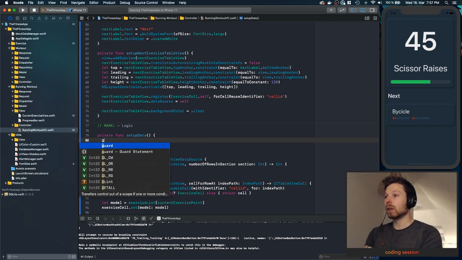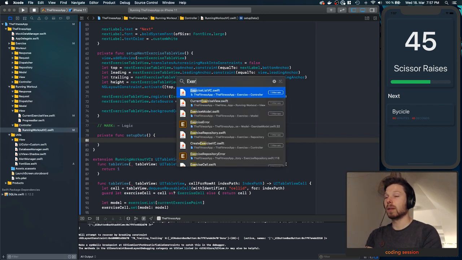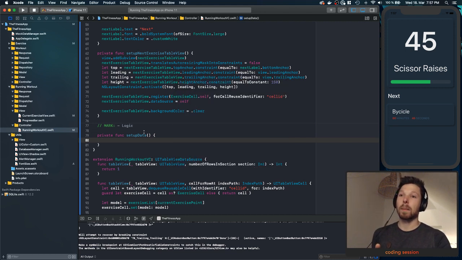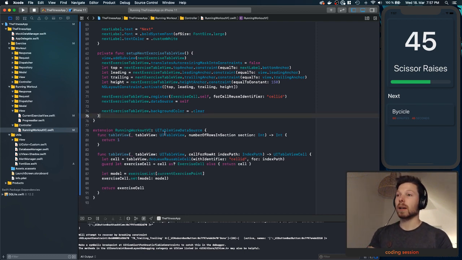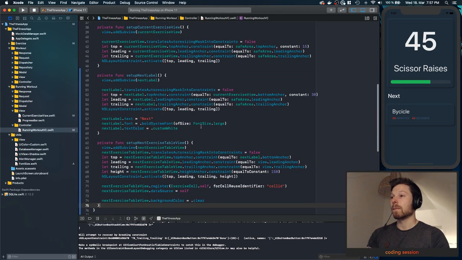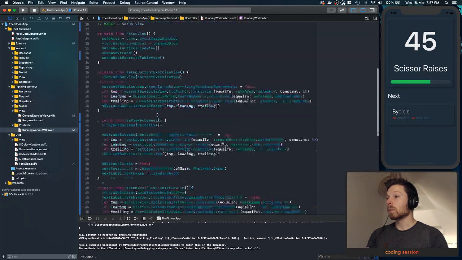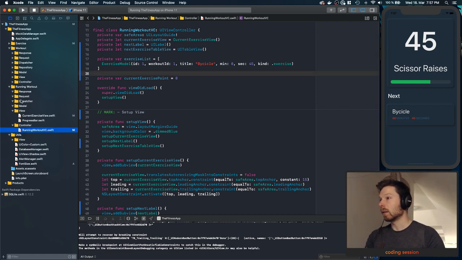So what we want to do is have a look at our exercise list. Actually, we don't have to retrieve our data from the database again, which is a heavier, more computation-intensive process. We have the information already once we open this view, because that's where we're coming from, right? So let's see, we have the